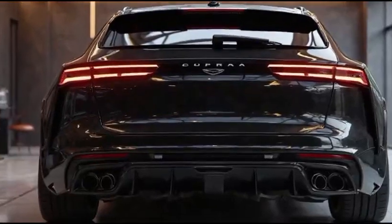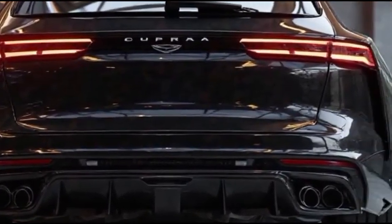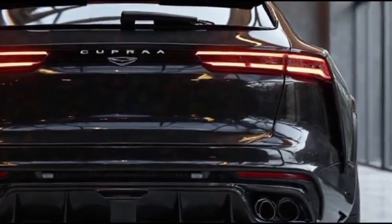Sure, here's a script for a YouTube car review of the Cupra Raval, around 800 words long, covering exterior, interior,